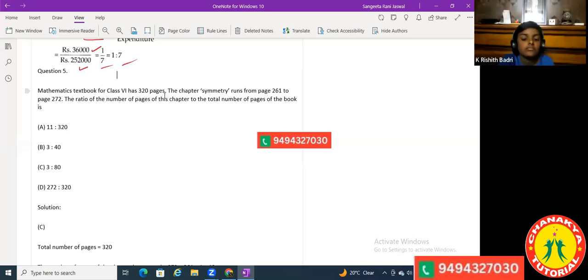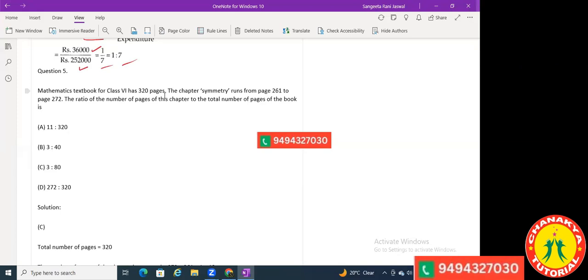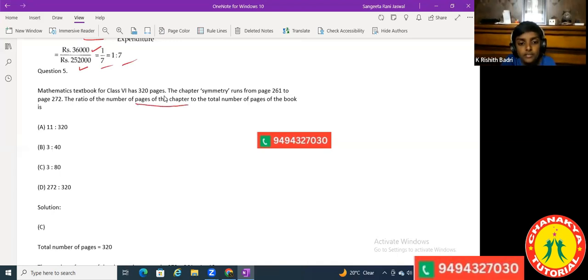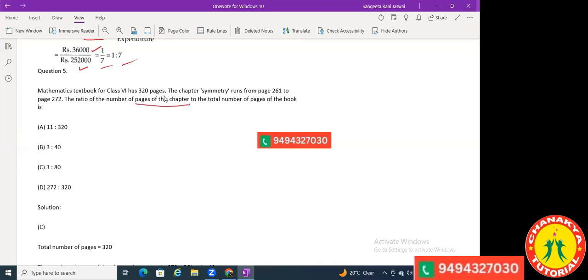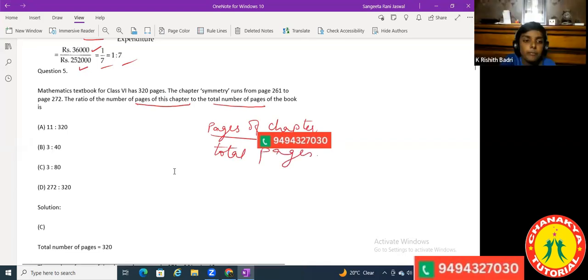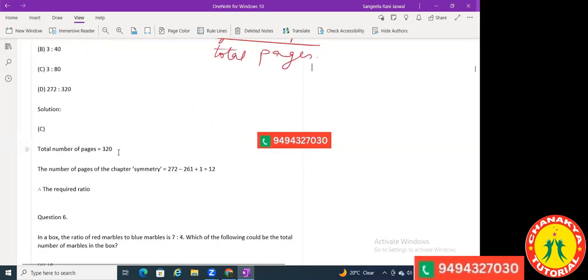The ratio of the number of pages of this chapter to the total number of pages of the book. Now I have to find the ratio, of what first? The number of pages of the chapter to the total number of pages. So the pages of the chapter you will take as the numerator, and the total pages as the denominator. Total pages are 320. The number of pages of the chapter symmetry will be